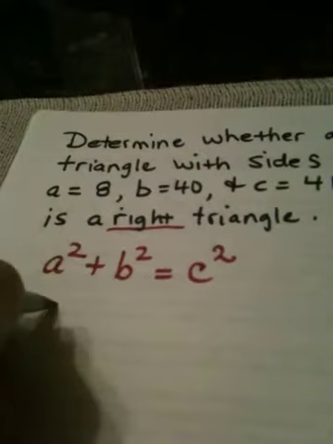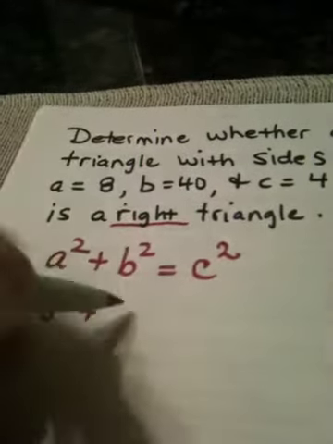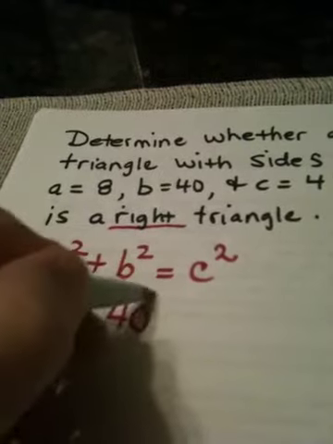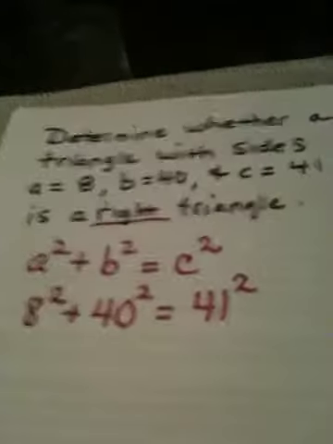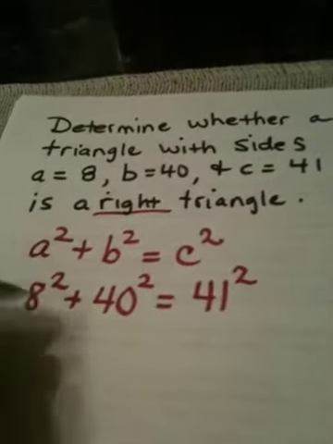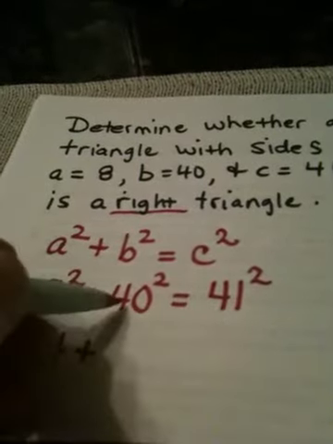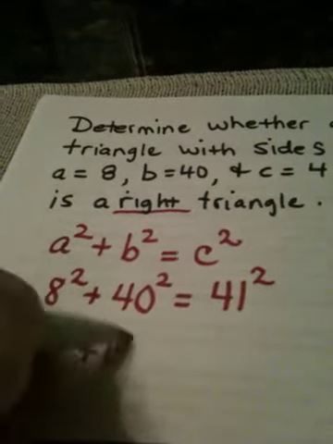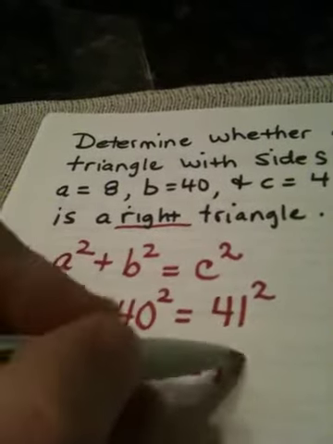A is 8, so this becomes 8 squared. B is 40, so this would become 40 squared. And C is 41, and we're squaring it. Now let's see if this is true. 8 squared is 64. 40 times 40, 40 squared is 1600. And 41 times 41 is